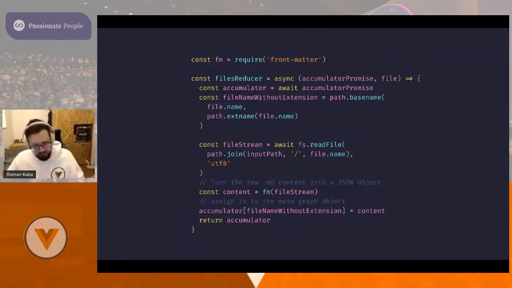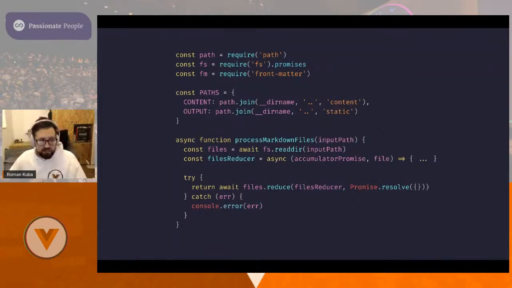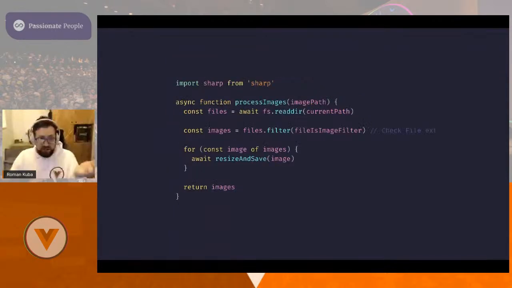And I'm going to go a little faster through a few of the things so as not to take up too much time of this meeting. But yeah, if we want to process markdown files, we can do this as one of the next steps. Again, we just take this accumulator promise, we do a files reducer, and we can do whatever operation we want to do. So this can be images, and images could work in a super similar fashion, where we run our process image, and there's a library called Sharp, which is super handy if you want to do image manipulation in Node.